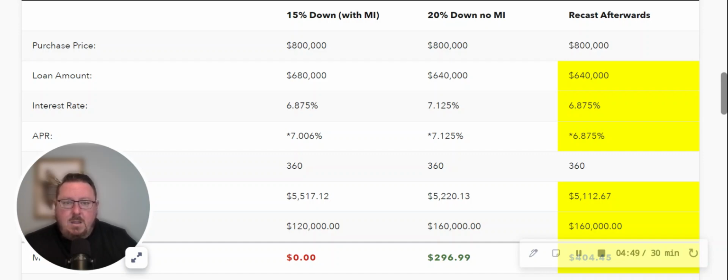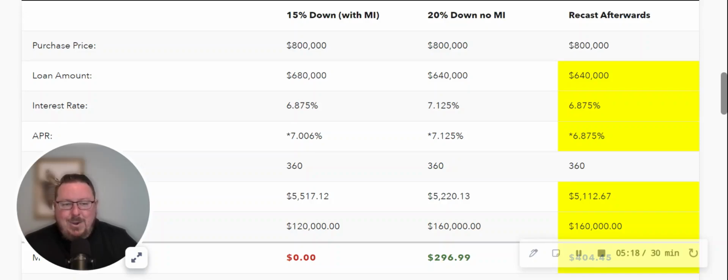And so they did put that extra $40,000 down into their new mortgage. So their new balance is $640,000. And then they still get the benefit of the rate that they got when they did the 15% down. So 6.875% was the rate. And you can see that their monthly payment now with the 20% equity in the property is $5,112 a month, which is a $404 savings compared to the original 15% down hack, which is totally awesome